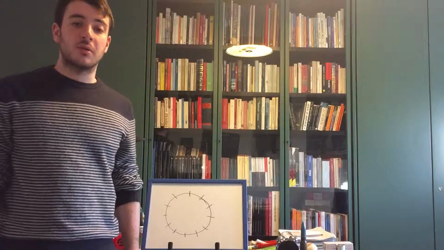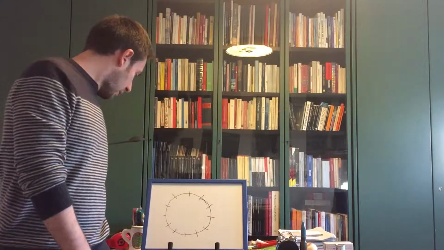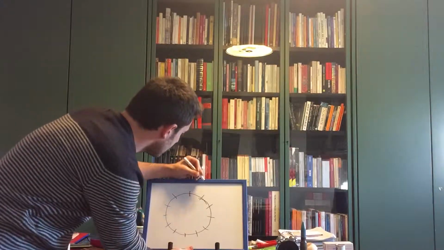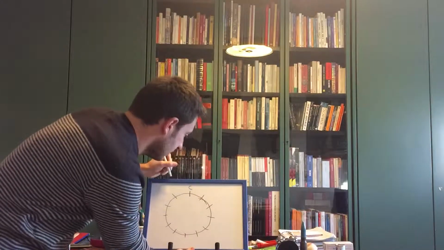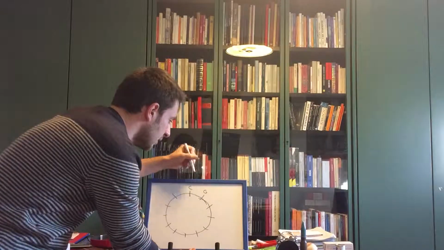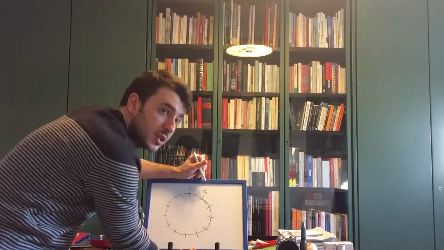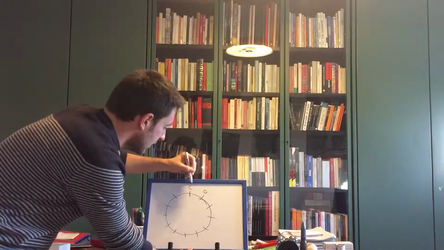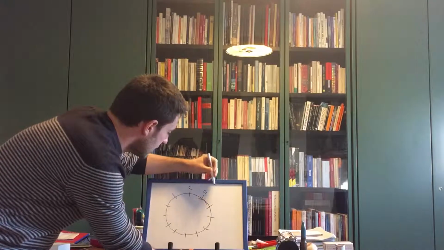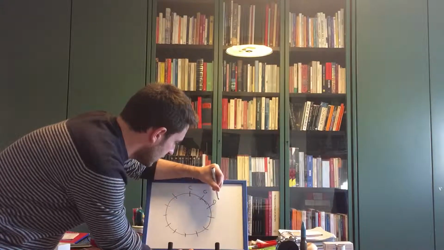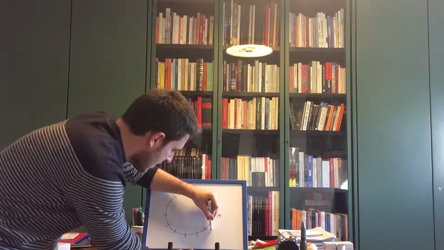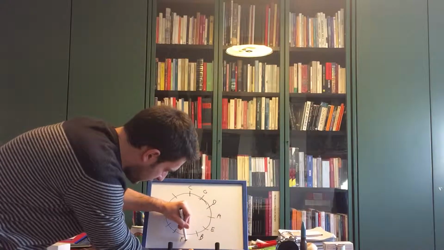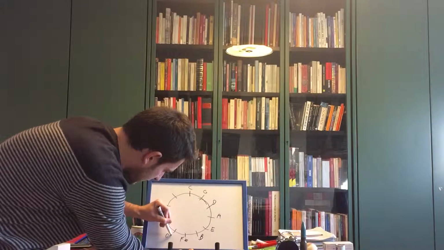I'm going to talk about the circle of the fifth. We have a circle divided in 12 parts. The first note we have is C and then we have a G. The distance between C and G is a perfect fifth, and this is the same with all the notes in the circle. So we have C, G, D, A, E, B, F sharp, C sharp,